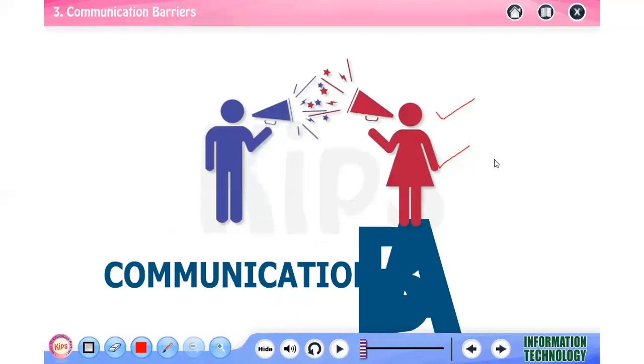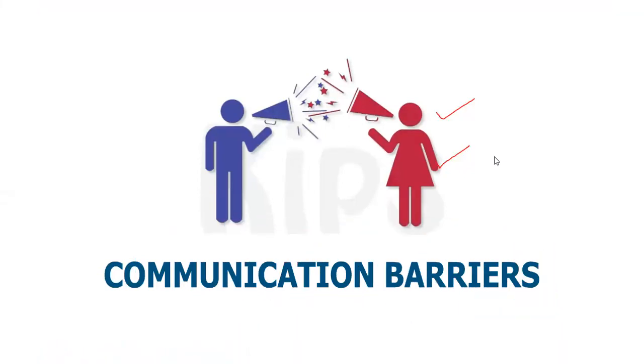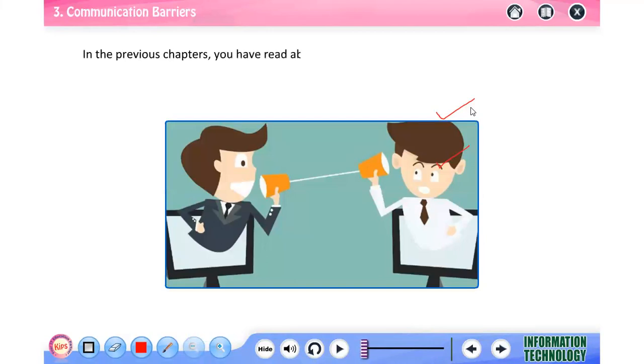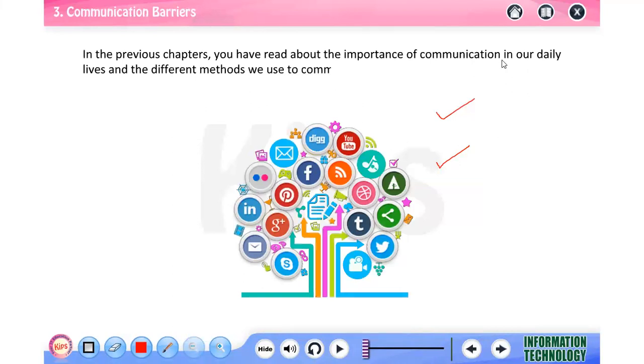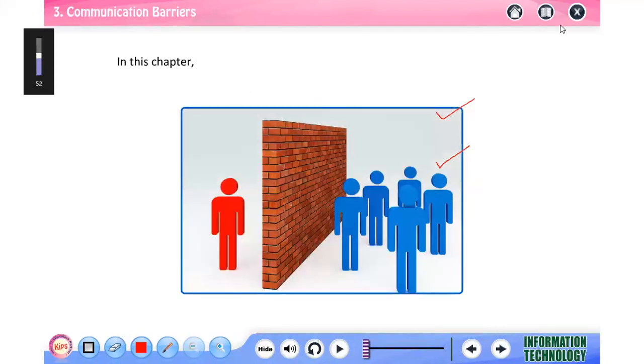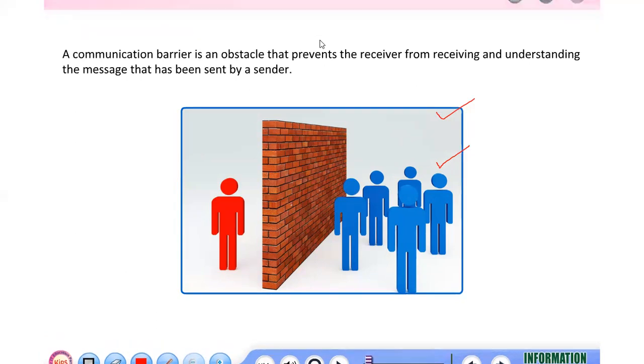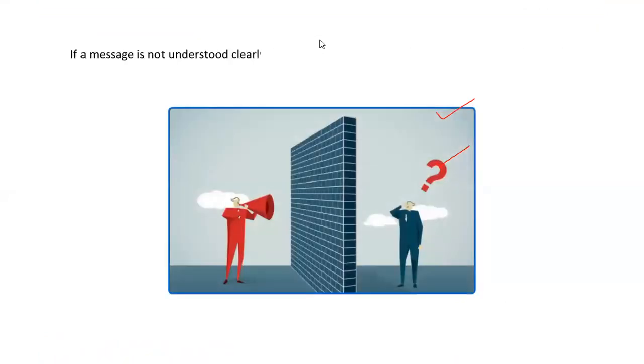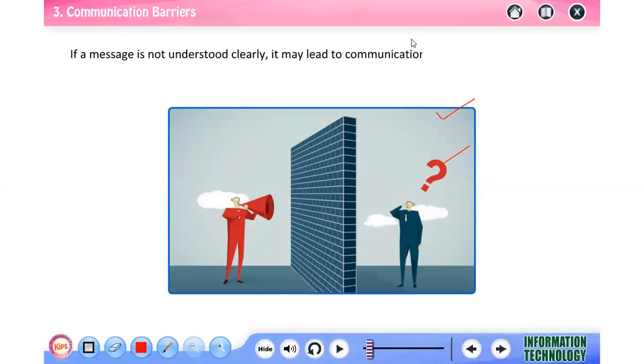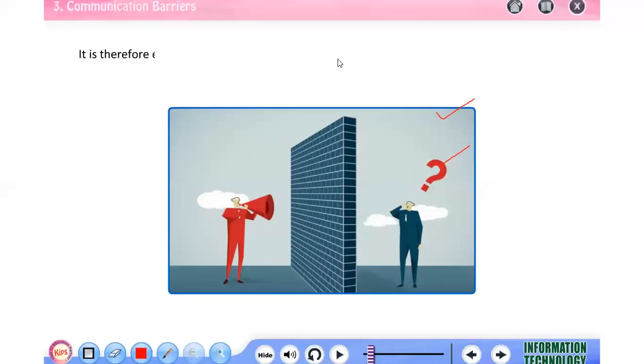Hello, students. Let us learn about communication barriers. In the previous chapters, you have read about the importance of communication in our daily lives and the different methods we use to communicate. In this chapter, we will discuss barriers which hinder communication. A communication barrier is something that prevents the receiver from receiving and understanding the message that has been sent by the sender. If a message is not understood clearly, it may lead to communication gaps, causing confusion and misunderstanding. It is therefore crucial that the communication